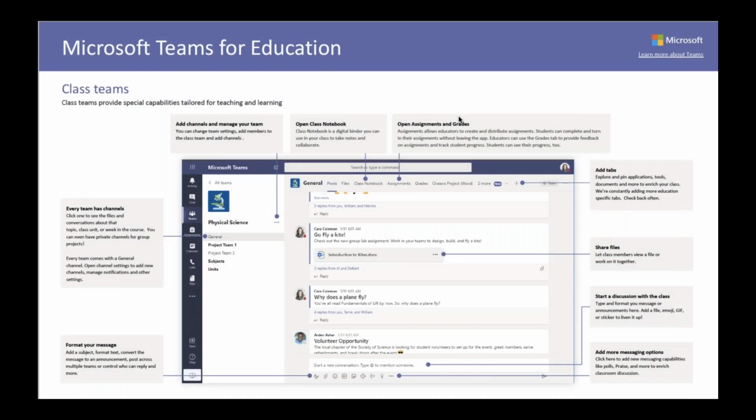Let's take a wee quick look at an example team, how it's set up, and what you can expect when you first set up your class. Within Microsoft Teams, you can organize your classes into something called channels. These could be named topics, maybe student groups, curricular areas, or units. Within each of these channels, you're given a large area. This allows for postings of announcements, discussions, debates, and questions amongst everyone that is a participant of that team.